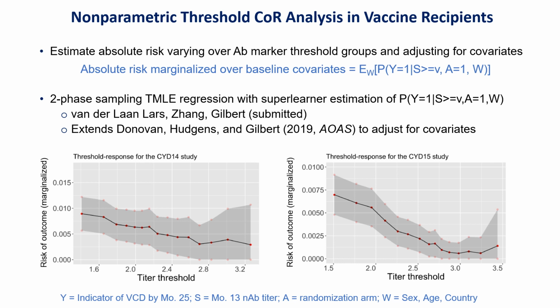This is illustrating one particular non-parametric correlates of risk analysis, which I think of as threshold searching. So this is covariate adjusted threshold searching. On the x-axis here, we're looking at a subgroup of vaccinees that have the neutralizing antibody titer above the threshold listed on the x-axis. And the y-axis is the risk of dengue in that threshold subgroup. And a nice thing about these plots is the leftmost point is easy to interpret. That's the overall risk of dengue in all vaccinees. And so by looking at these curves, you can see how much lower risk was in the threshold subgroups.